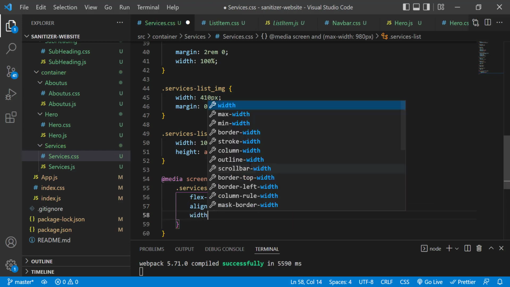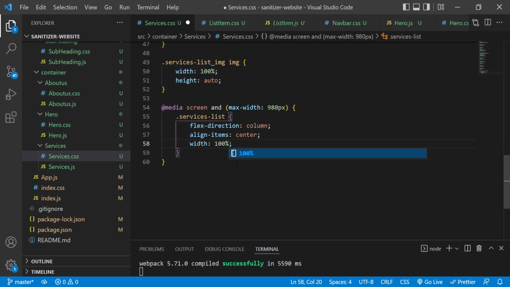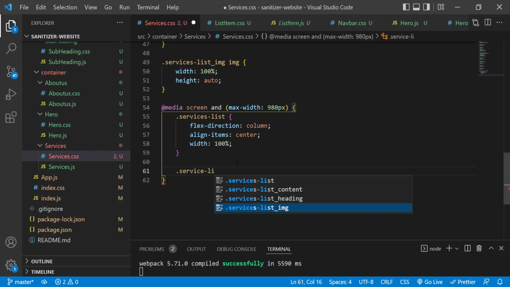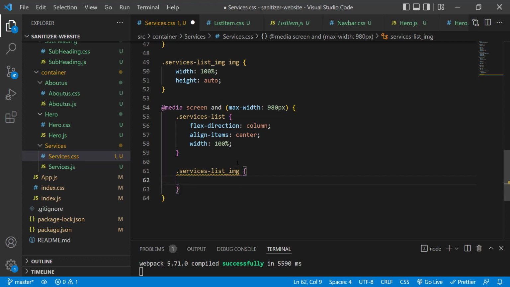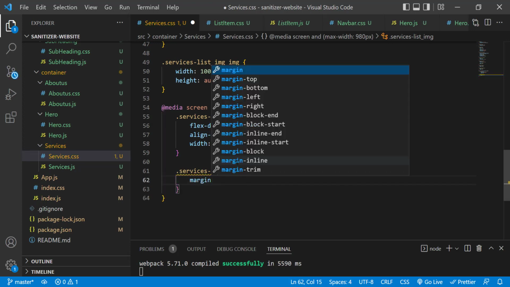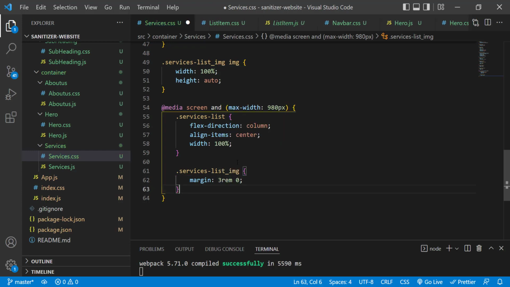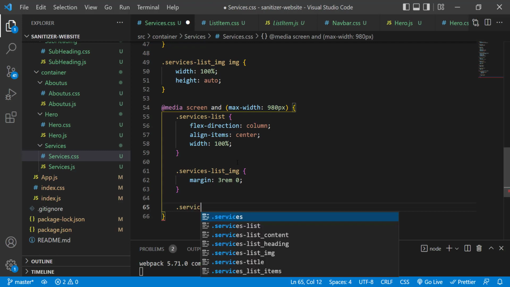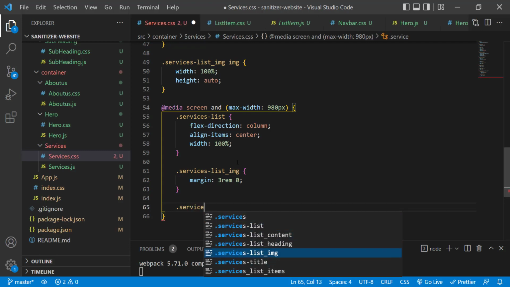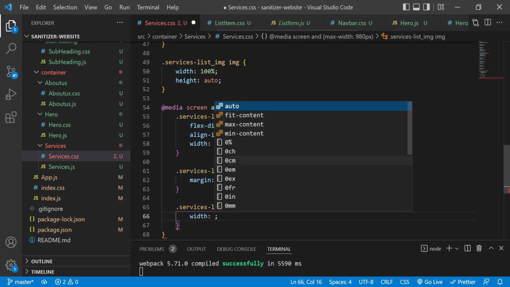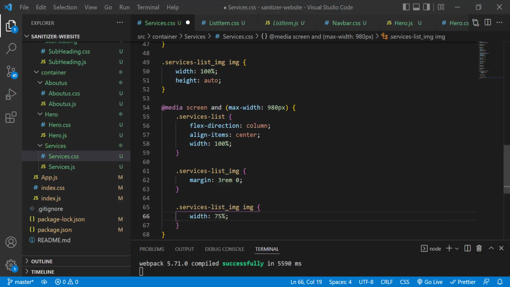Let's say width 100%. Below that let's type .services-list_img curly brackets. Let's say margin 3rem on top and bottom and 0rem on left and right. Below that, let's say .services-list_image img tag curly brackets. Let's say width 75%. Now let's copy this line,